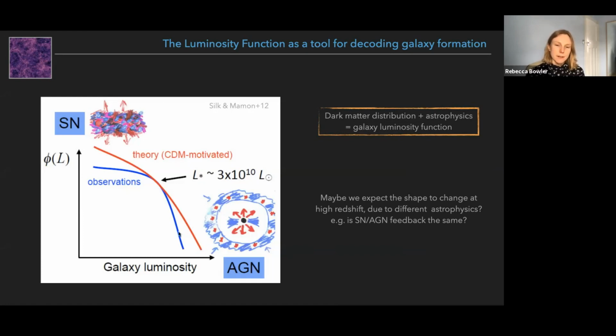But what we actually observe when we look at the shape of the luminosity function at many different redshifts is something more like the blue curve here. So we see, in essence, fewer galaxies than we were expecting, both at the faint end and at the bright end. And it's not fully understood what's going on here. It's one of the big puzzles in galaxy evolution, but it's hypothesized that this is due to feedback effects in these galaxies, which are stopping star formation from happening.